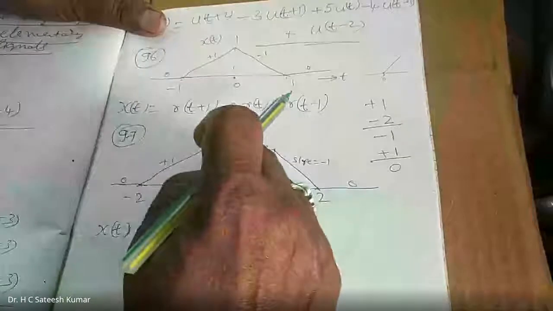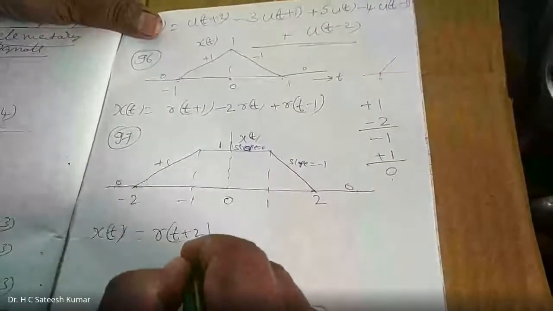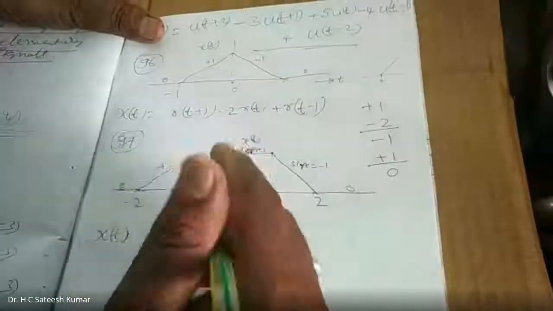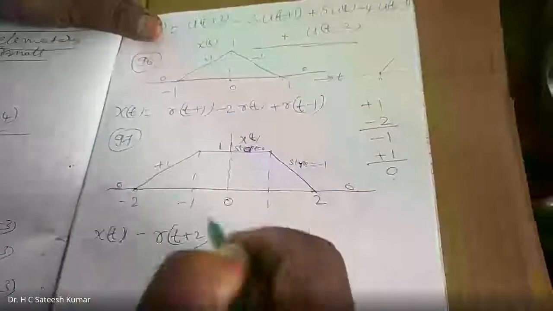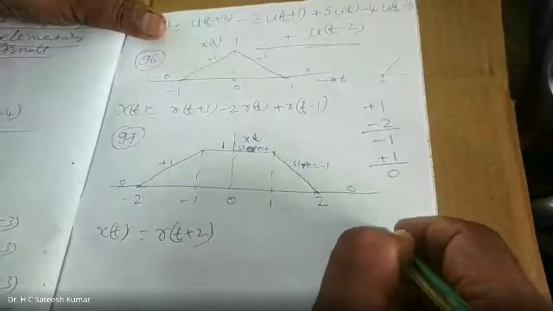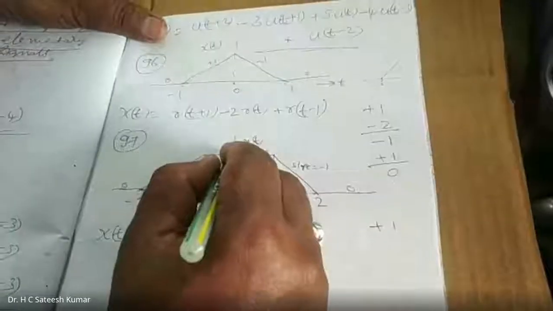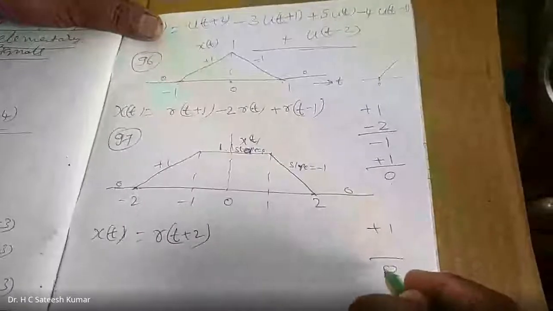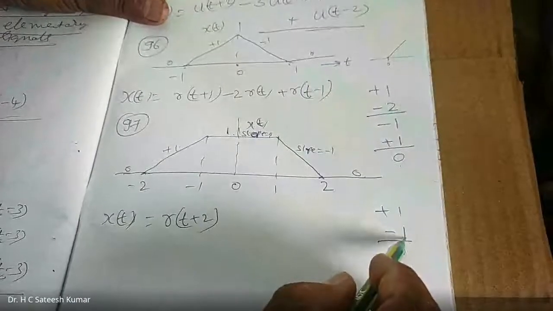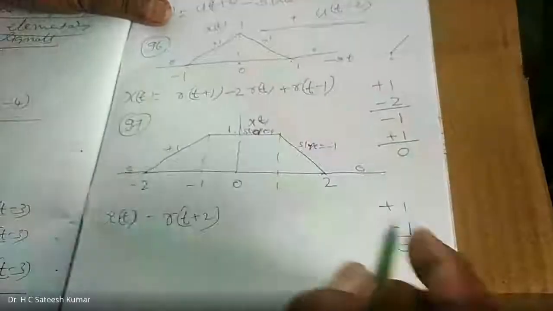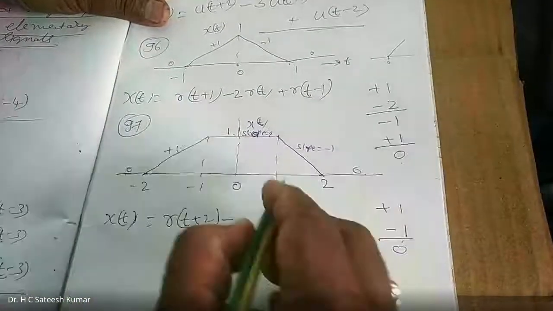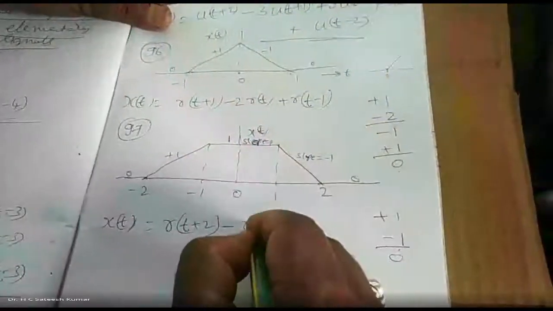Now I am going with a slope of what? Plus 1 starting from minus 2. Now the slope has to be reduced to 0. So the initial slope is plus 1 I have here, and I want a slope of 0. How to get a slope of 0? You have to have a minus 1. So subtract a ramp with slope minus 1. We need another negative slope ramp so that it becomes horizontal. So what should you do? Subtract from this point, r of t plus 1 you should have.